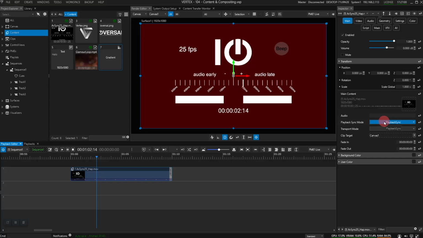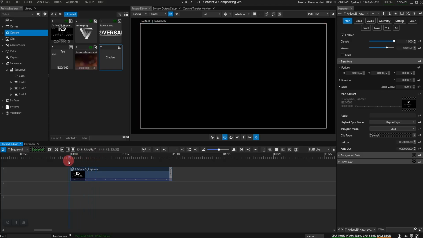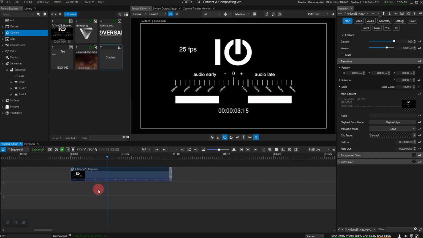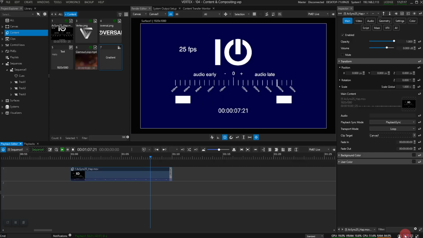Every clip has got two playback sync modes. The first one is by default playback sync, which means that the clip plays in sync with the sequence, as can be seen when comparing the transport counter and the content's timecode. Oh, let me disable the audio monitor real quick. As soon as I hit the space bar to pause the sequence's transport, the playback of my content pauses as well. However, Vertex lets me play my video independently from the counter of my playback if I switch the playback